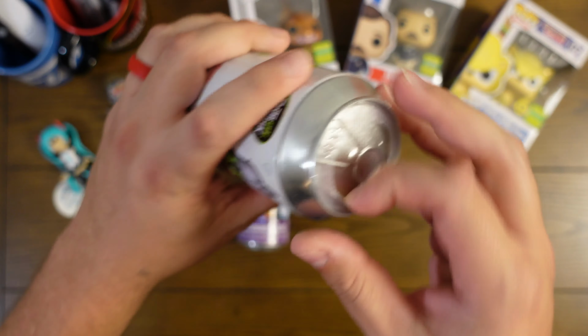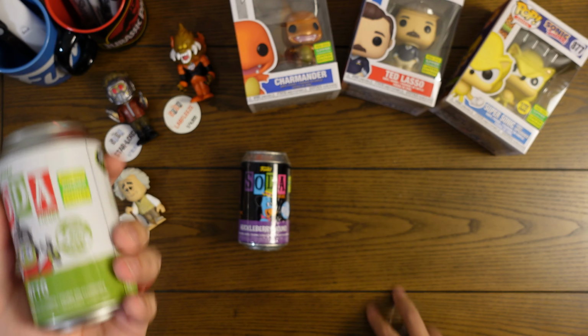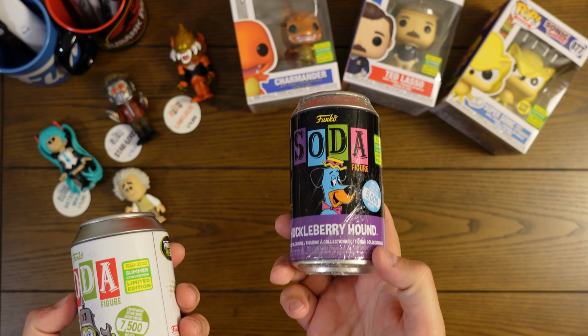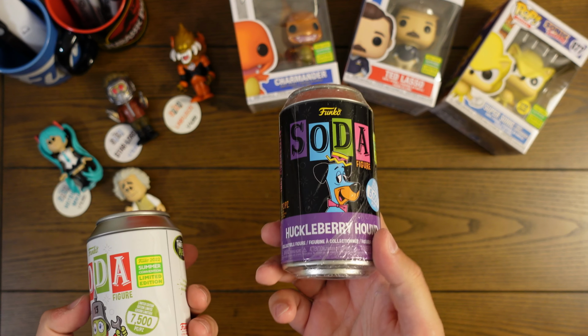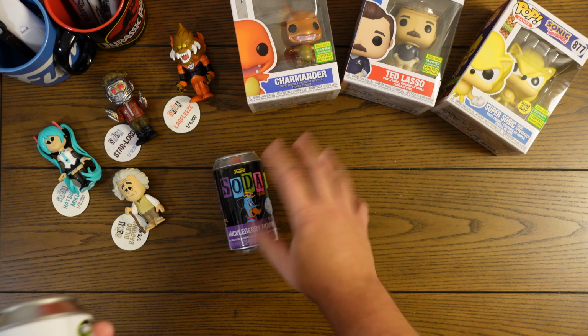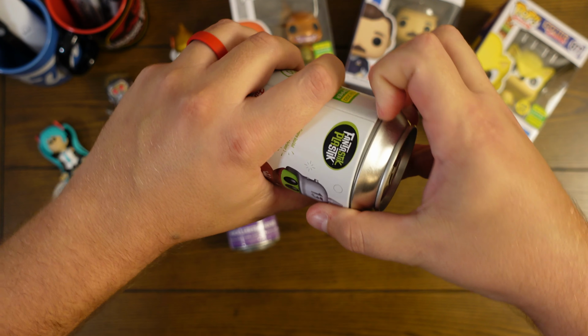Wrapping it up with Huckleberry Hound because that was the one that did sell out the quickest, and probably because Huckleberry Hound was an older soda that was actually really pretty limited when it first came out in 2020, and now they're giving it the Blacklight treatment. So probably a lot of collectors who missed out on him originally are trying to go get him now,